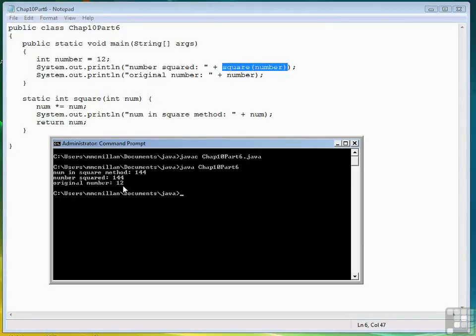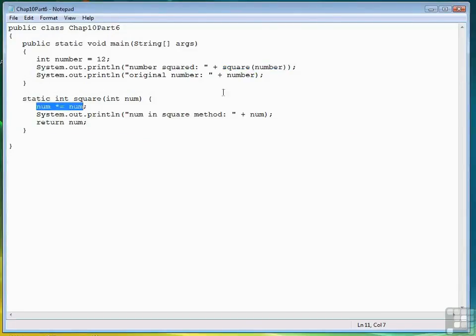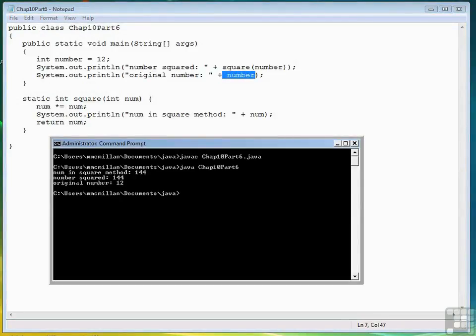The point being is that even though we passed number to the method where I have highlighted right here, that value, 12, was a copy. So that even though we directly modified it here, when we go back and display it again, it's its original value. That's how pass by value works. It makes programs easy to understand, and you don't have to worry about, well, did that method change the value or did it not change the value? You always know that arguments are passed by value